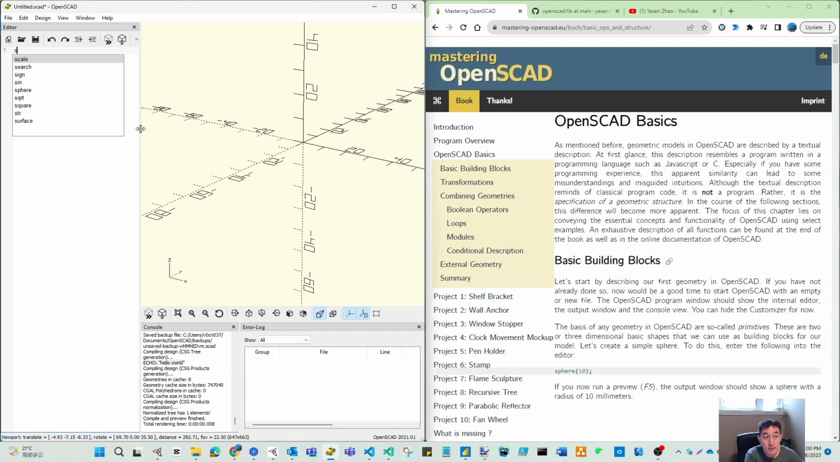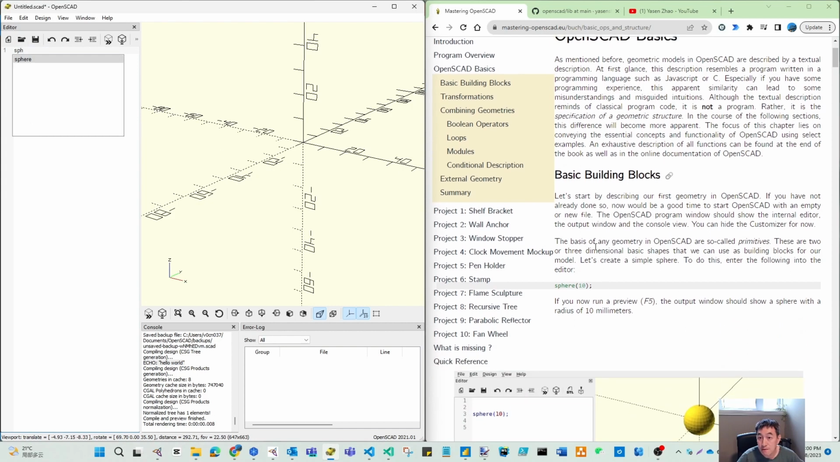So first is this one, basic building blocks. Remember, if you have these two characters, that's adding the comments. So let's see the basic building blocks. So we will try to see. First is